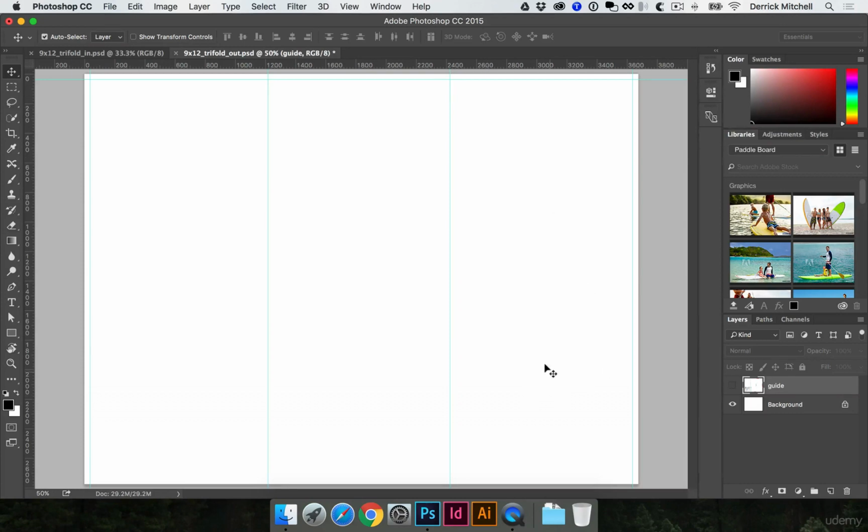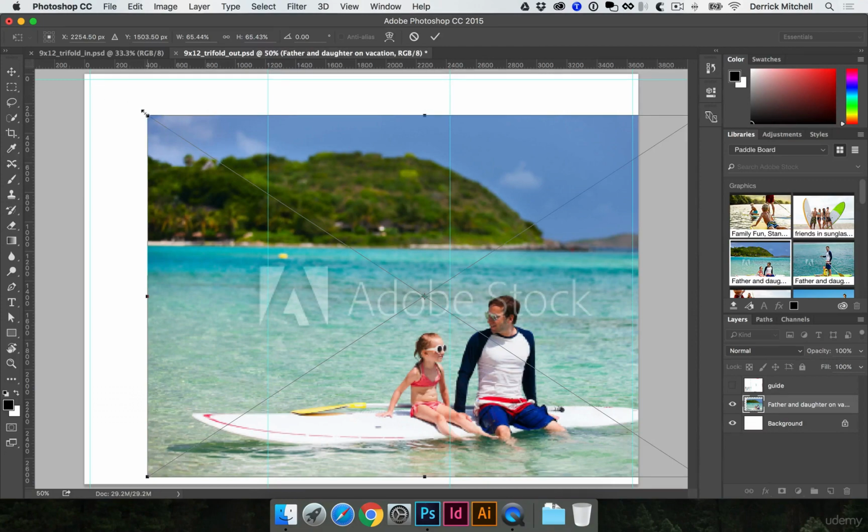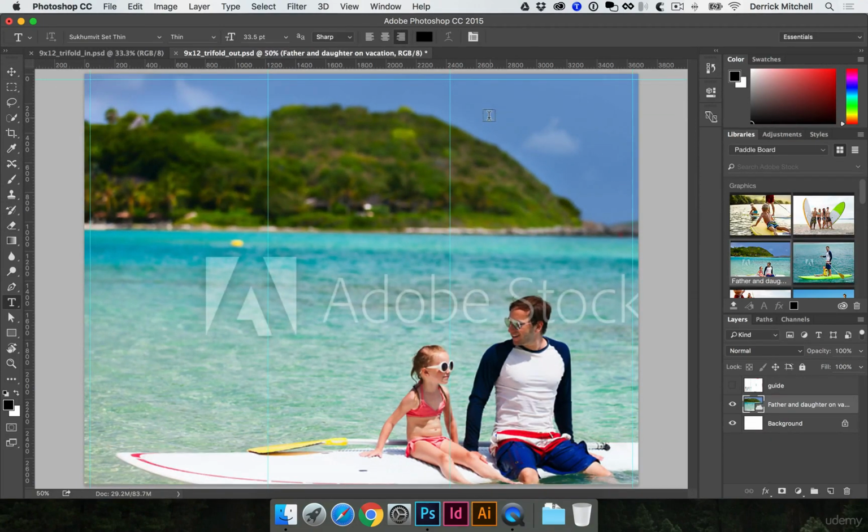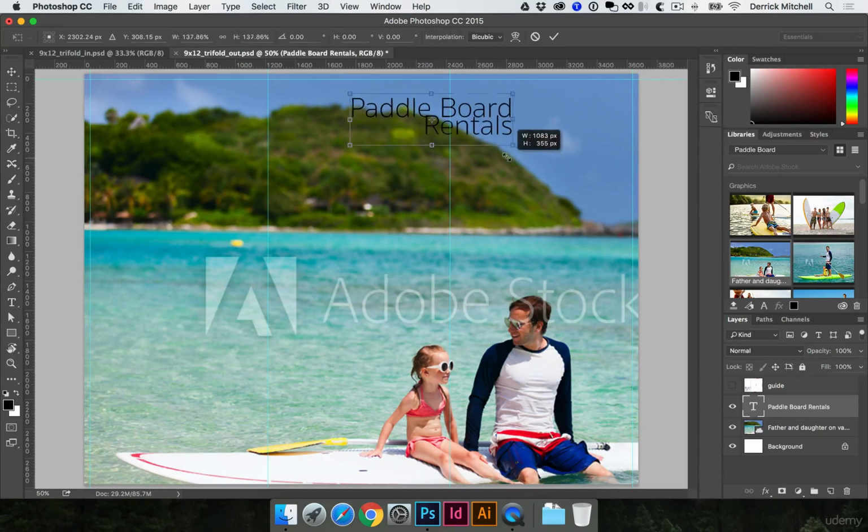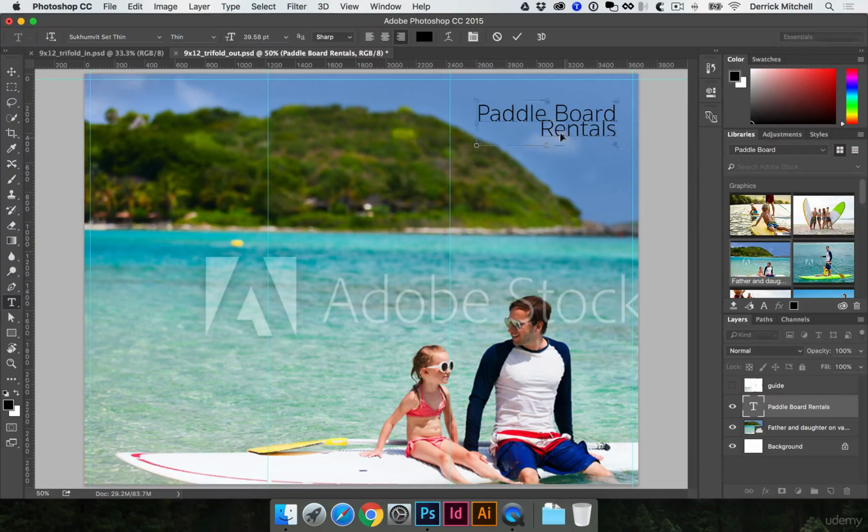Now that I know where my cover size is, and I've got the front, back, and the inside flap, I could start designing, and there's a lot of ways I could go about it. Maybe it's just dragging in one of these photos and scaling it up a little bit, maybe putting a title in here, or paddleboard rentals. And you can get the idea real quick how you can start to build a custom brochure going about it this method here. When it's all said and done, we could simply export this and send it to press,